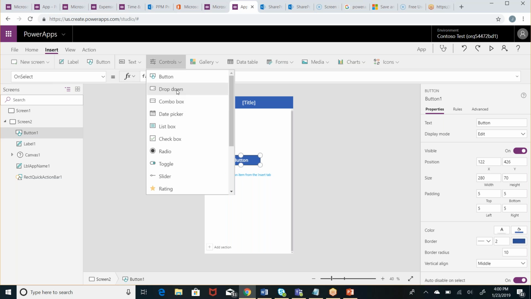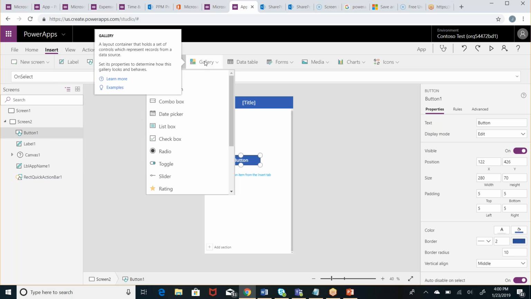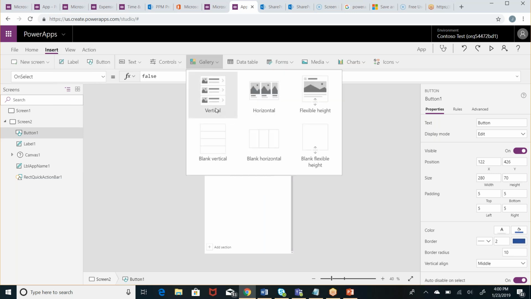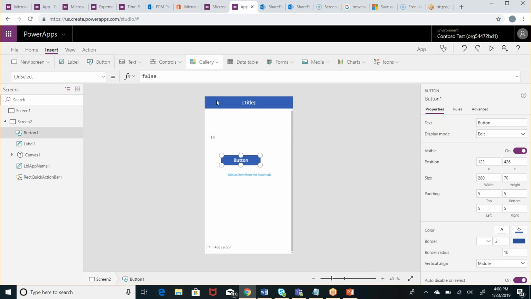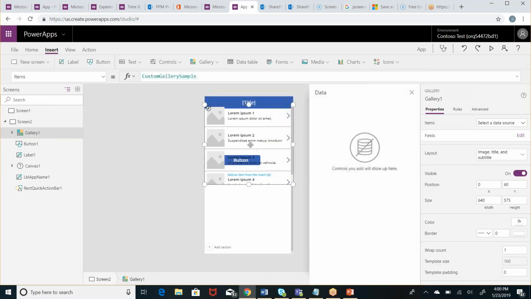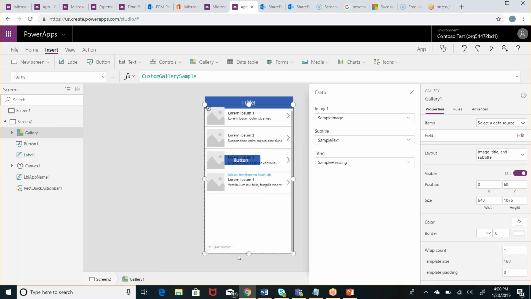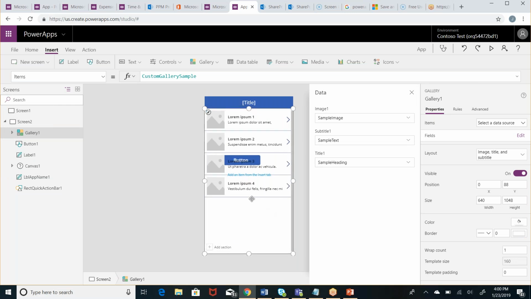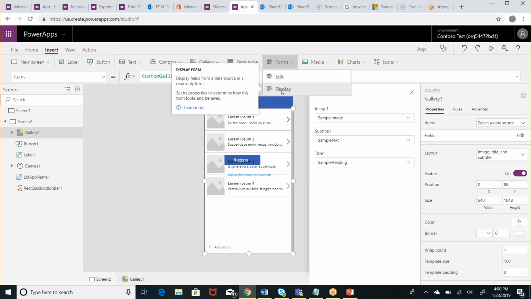controls, combo boxes, drop down, date pickers, galleries. Galleries are pretty big. So basically if you have a lot of information that you want to show off, you can select a gallery, size it up, and fit it within the screen. And then tie this to a data source. I'll demonstrate that momentarily. Forms, you can display a form,